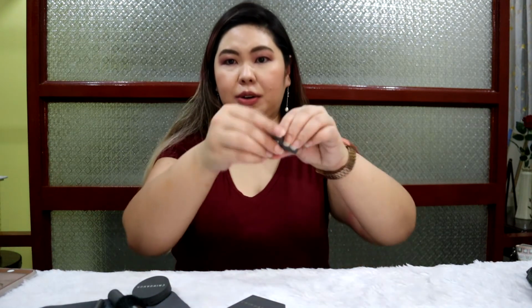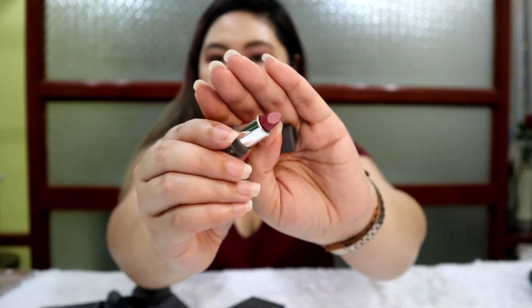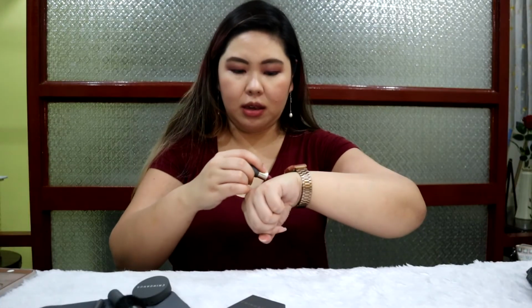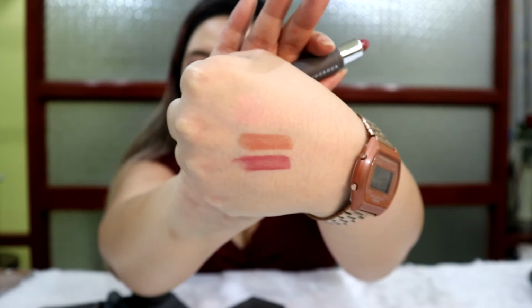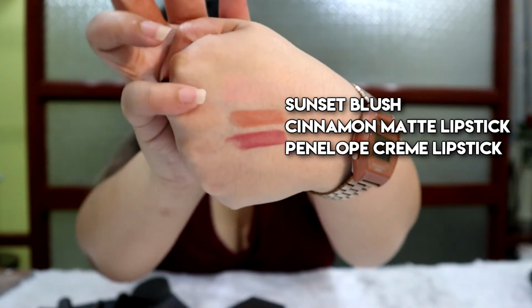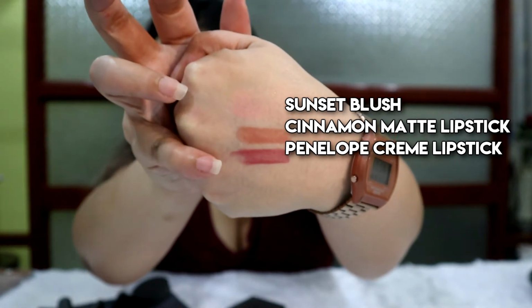And then, let's try the cream, Penelope. Ito, Penelope. Again, 3 swipes. So, ayan. So, on top is the Sunset Blush. This is the matte cinnamon. And then, cream Penelope lippy. Let's swatch the